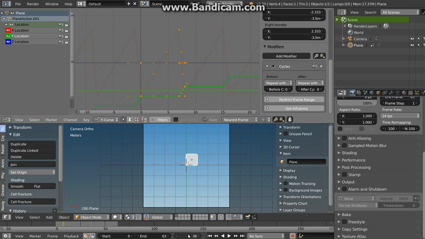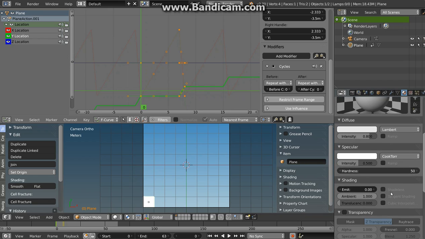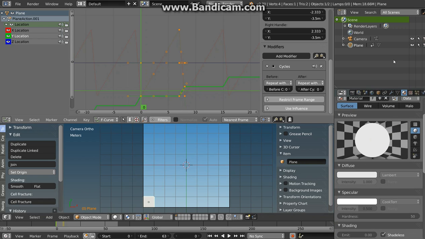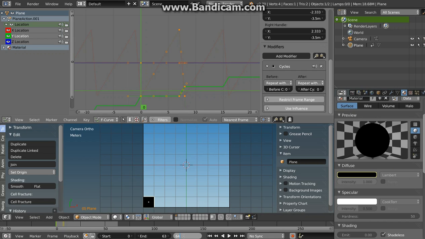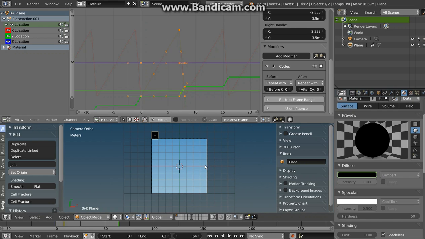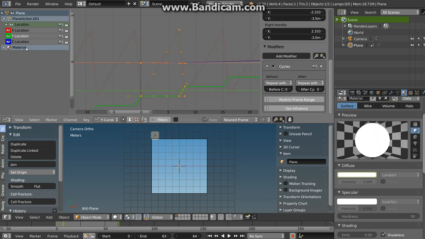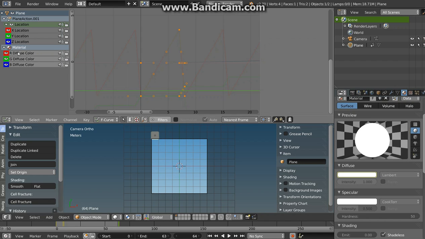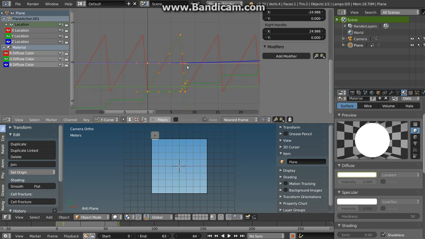Now I will animate the color of this by animating the material. So I place a new material, shadeless, because I don't want any effect from light which isn't actually there. And I will start in solid black color, hit I to insert the keyframe for the color, and in frame 64 actually, so one frame after it gets over the view of the camera, it will be solid white. And again on this material's colors I just select it all again, V vector, so the change of the color is linear too,